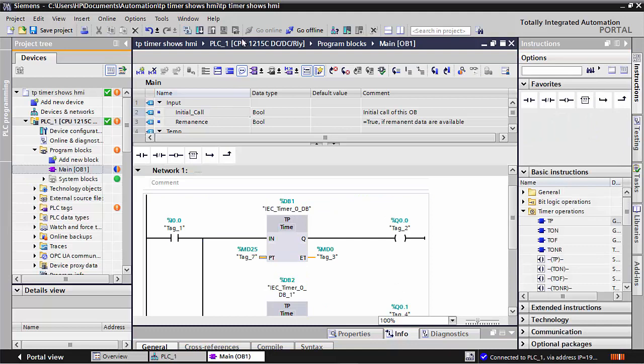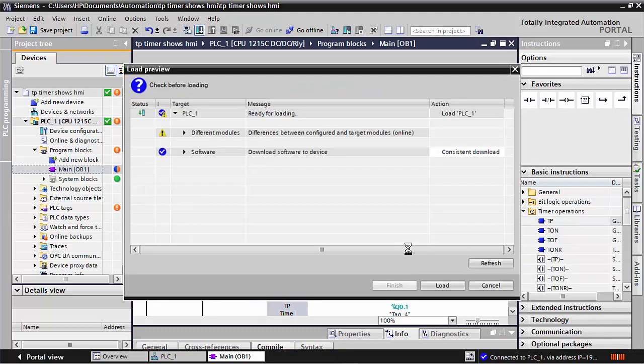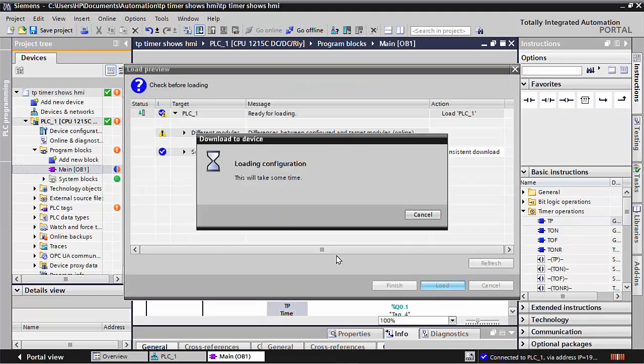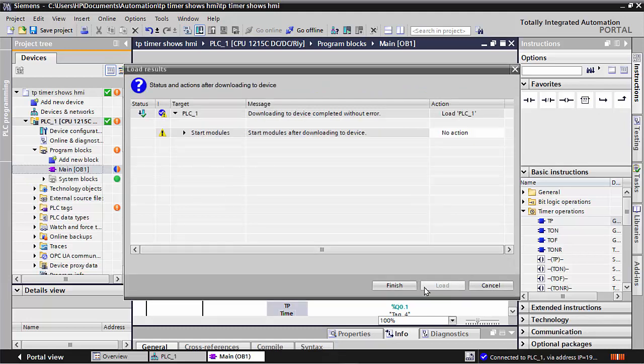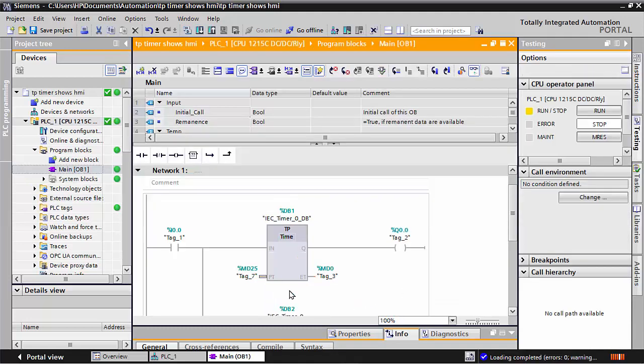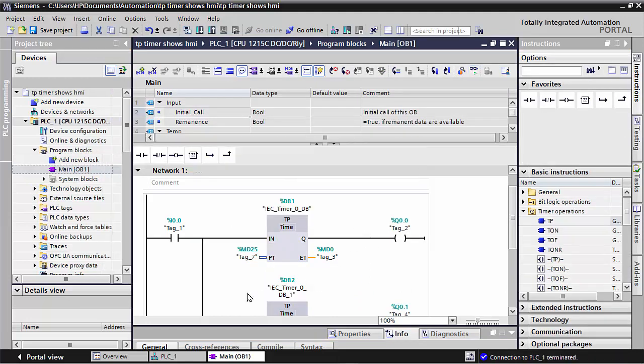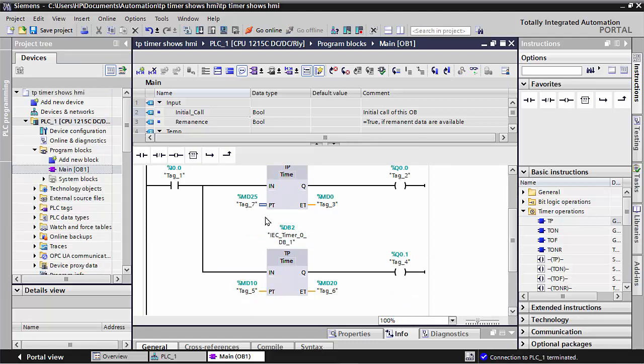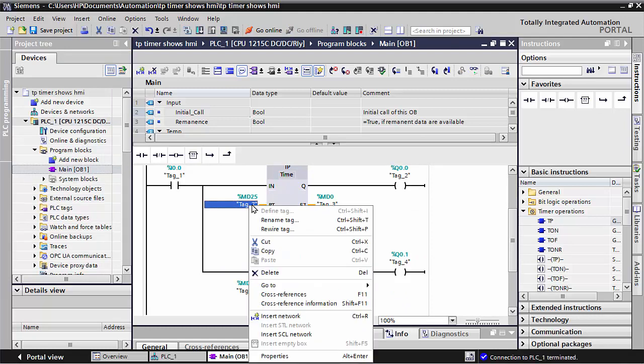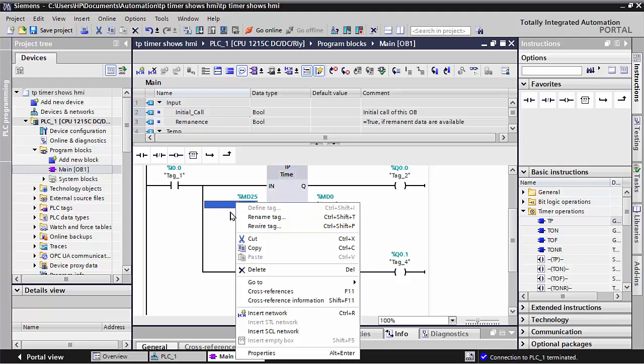When you put MD25, after you make it download, finish, and these two data registers, now you can change the time from here. See these data registers, when you put the time,